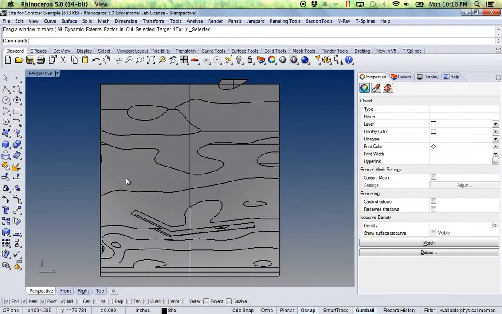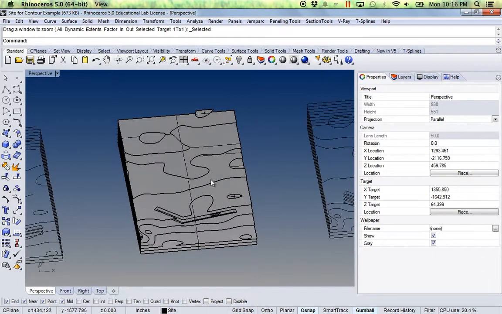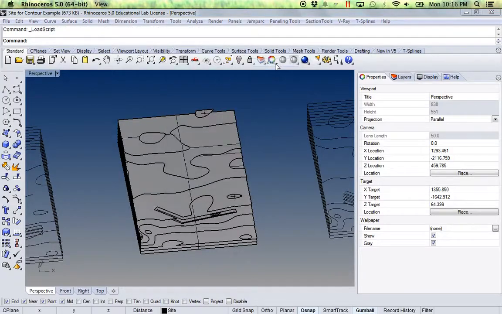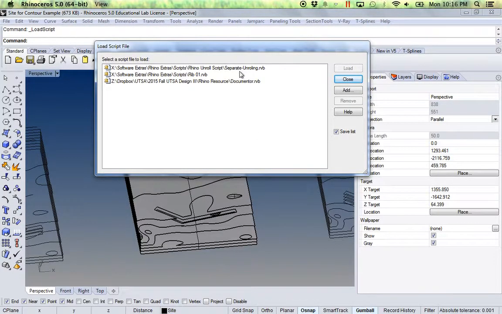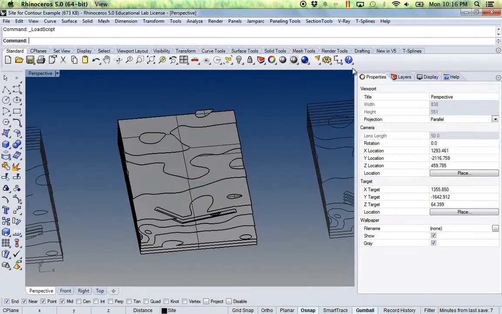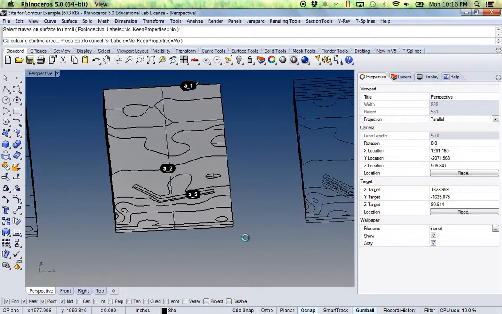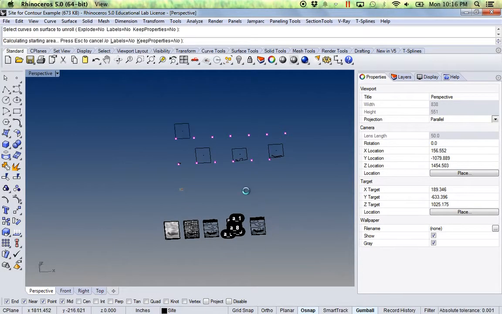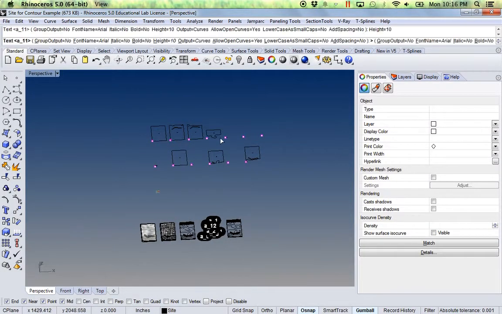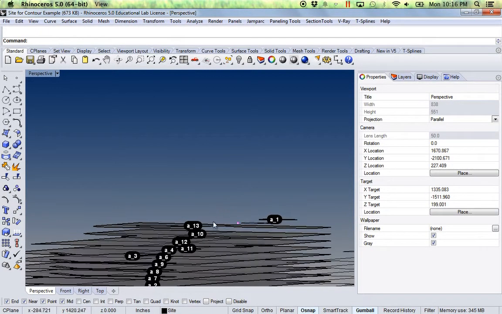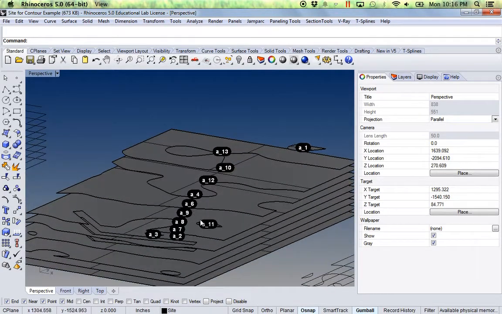Or what I can do is use a script. This script should be found in Blackboard under the Rhino files. I'm going to go to load. It's called separate unrolling. So I'm going to load that one. If I read my command line, it says select a surface, or I can just select all of them. Hit enter. And what it does is it unrolls all of your pieces. And while it unrolls them, it labels the actual site,